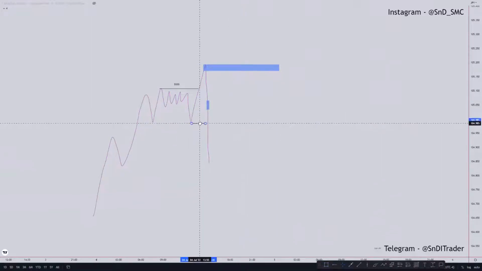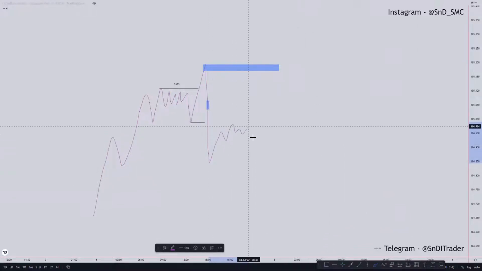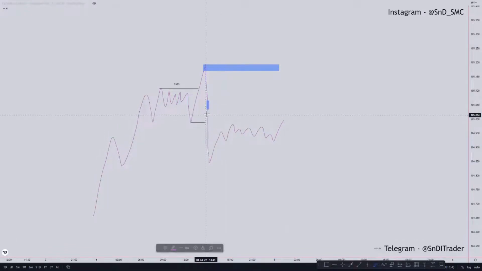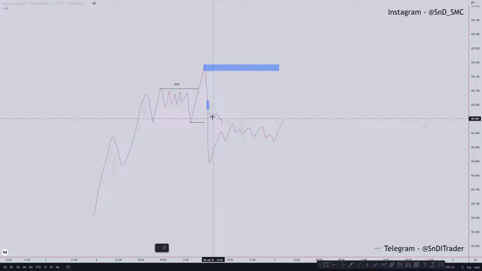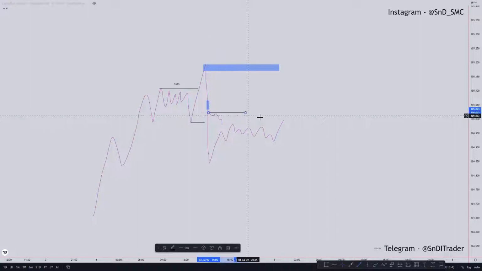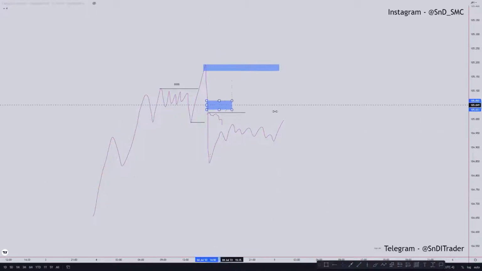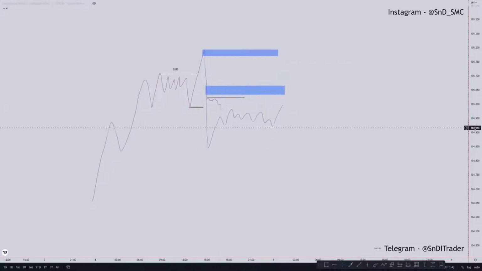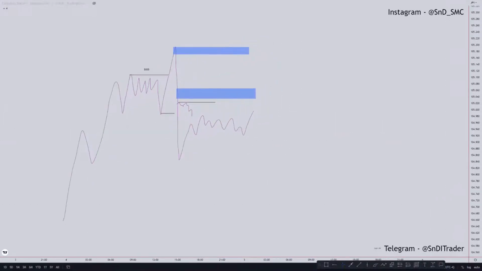near the breaker block. I will select that as my point of interest for sells, and you will find some sort of liquidity around here just below the hidden base. So I will consider that liquidity as a form of inducement, and this will be another zone for me. So considering the